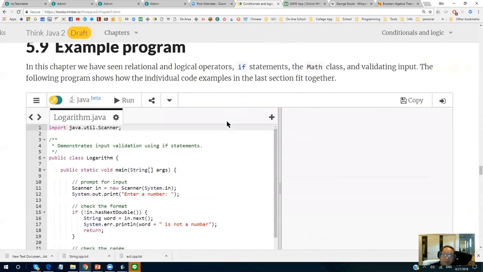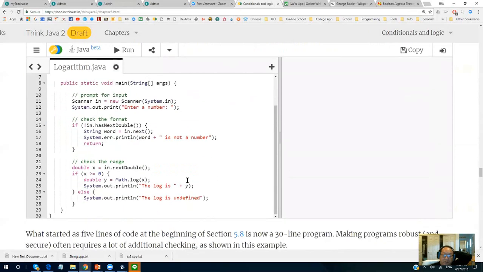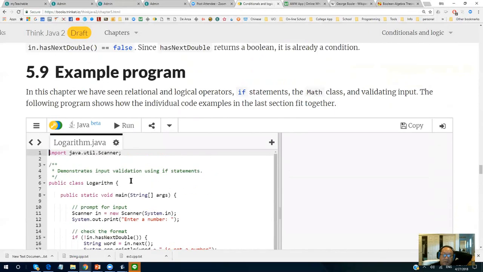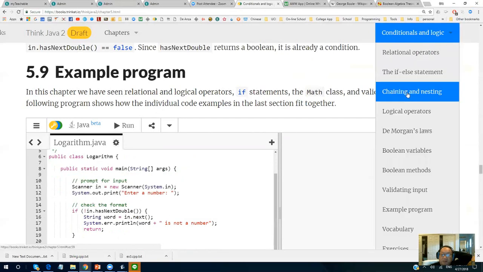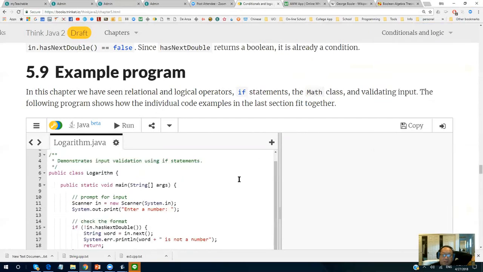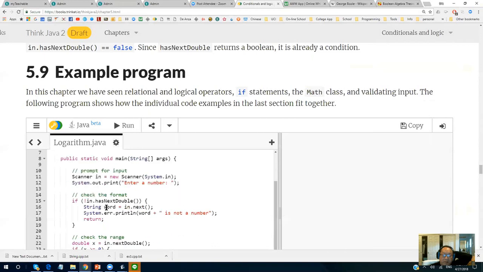So the next one is an example program. We have an example program. You have a scanner. Okay, let's show this. You have a scanner, and then you can read some number in. It has double value. Then actually we will put out this.